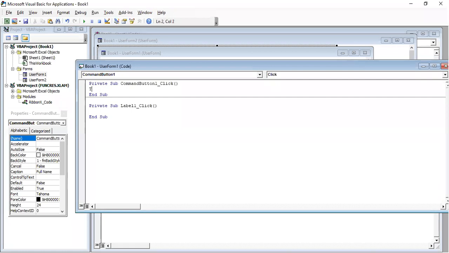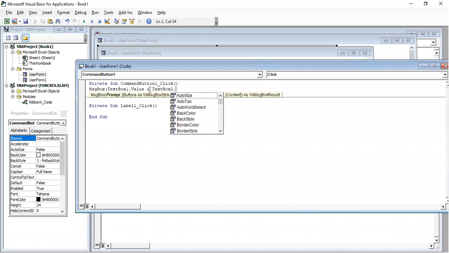To access that, we have TextBox1.Value. I'll directly put it into MsgBox: TextBox1.Value, single ampersand for concatenation, TextBox2.Value.